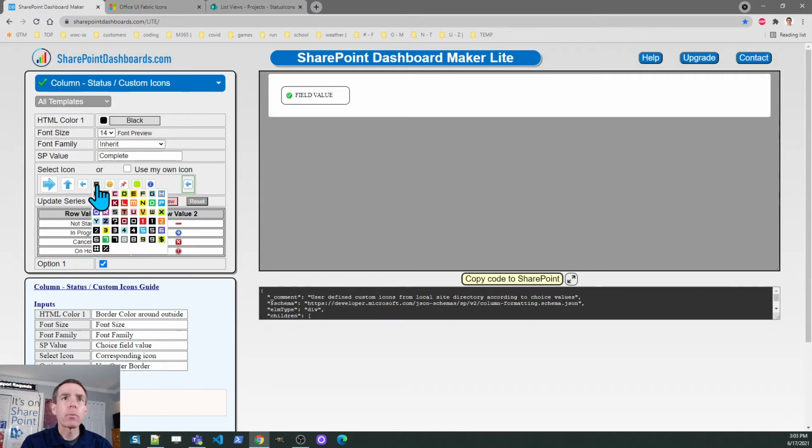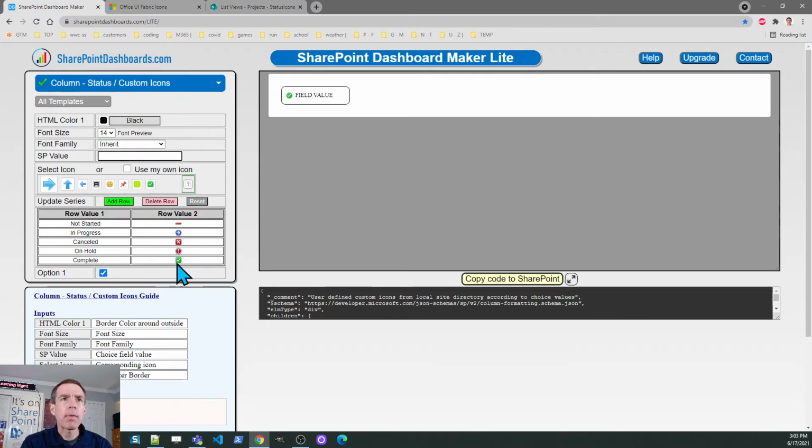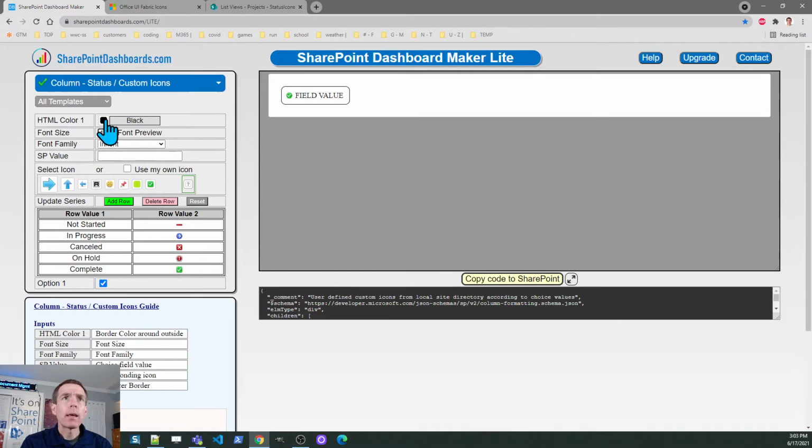Okay, let's look for something a little different. There's a smiley face. Just kind of browsing the options here. And you'll get familiar with these if you're browsing through these set. There we go. Let's do the checkbox option. Once I've picked the icon that I like, I just click Add Row, and it's going to map that icon for me. And let's go ahead and bump up our font size a little bit,